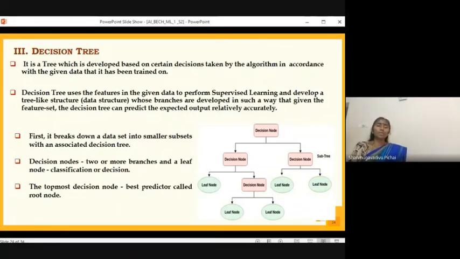In other words, I told you in the beginning, if you get a chance to look into a data set, it will be in the form of rows as well as columns. You must be knowing all the columns refer to the attributes of the data set that we are studying. And the last one, suppose it is given as output, that column is called the class or a label.